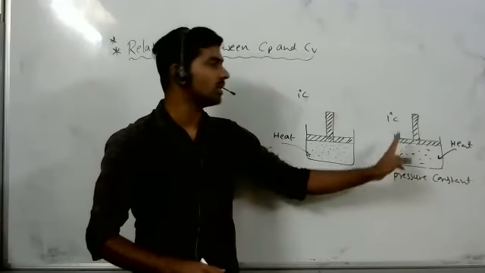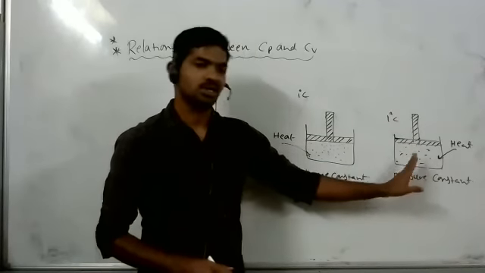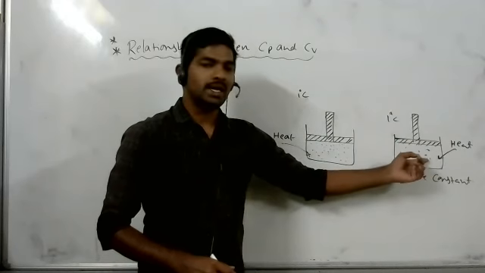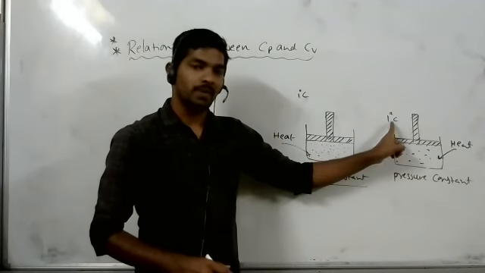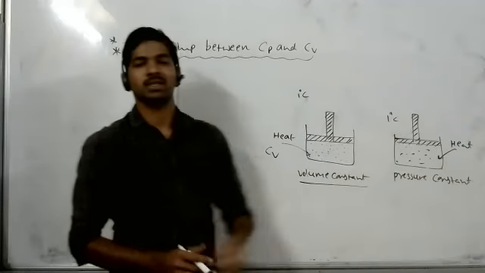That is the purpose. We need to increase the temperature of this gas by 1 degree centigrade, but we keep the pressure constant. The supplied heat is useful to increase the internal energy of the system and to increase the temperature of the system. At the same time, since we kept pressure constant, work is also done by the system.